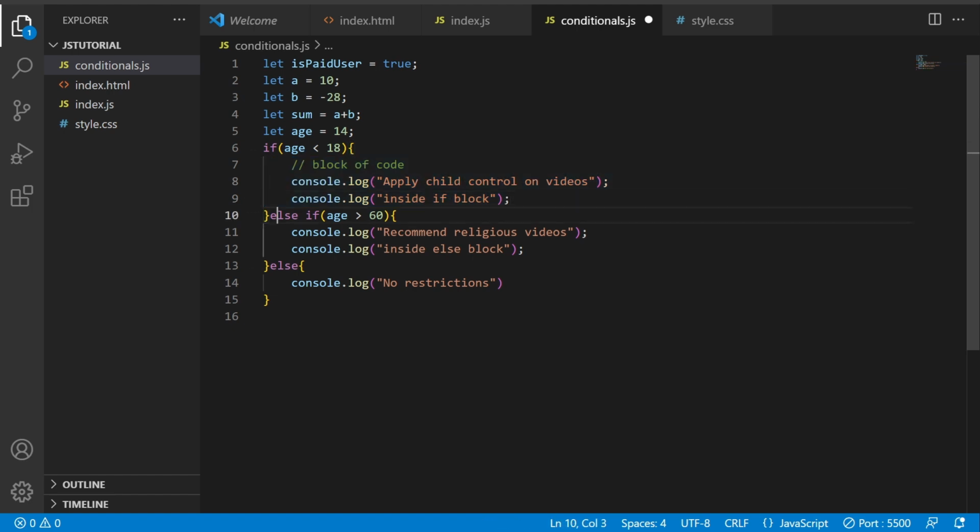It will not check the other conditions because the first condition itself is satisfied. If this same thing is 70, then what will happen? It will first check this condition, which doesn't satisfy. It will check this condition, and this condition is satisfied. Let's execute this code and come outside of this block. It will not go inside the else block.